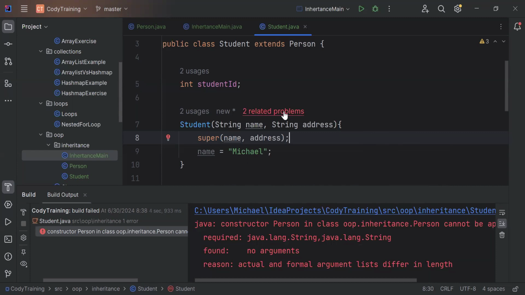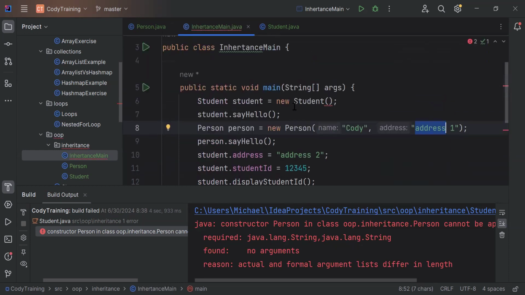You understand? The super. Okay, I never heard of the super before. Like here, the student constructor now gets exactly the same arguments, name and address. So now in the main method, every time we create a student object, we should also pass